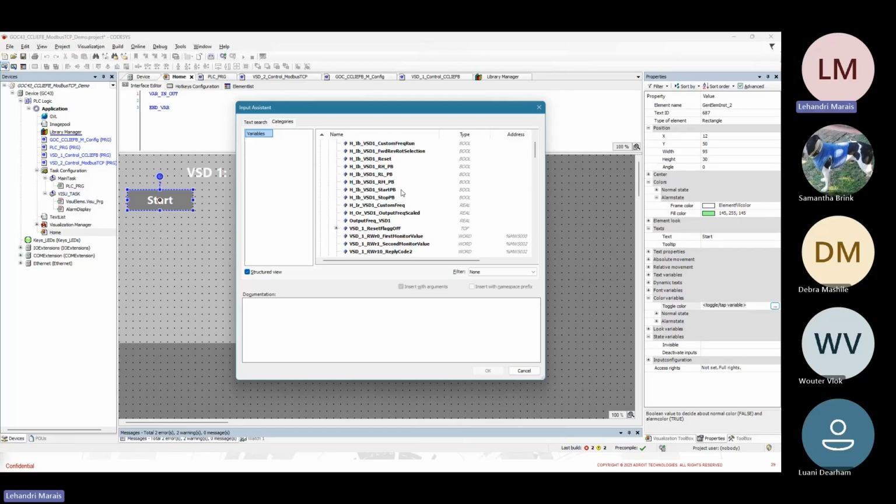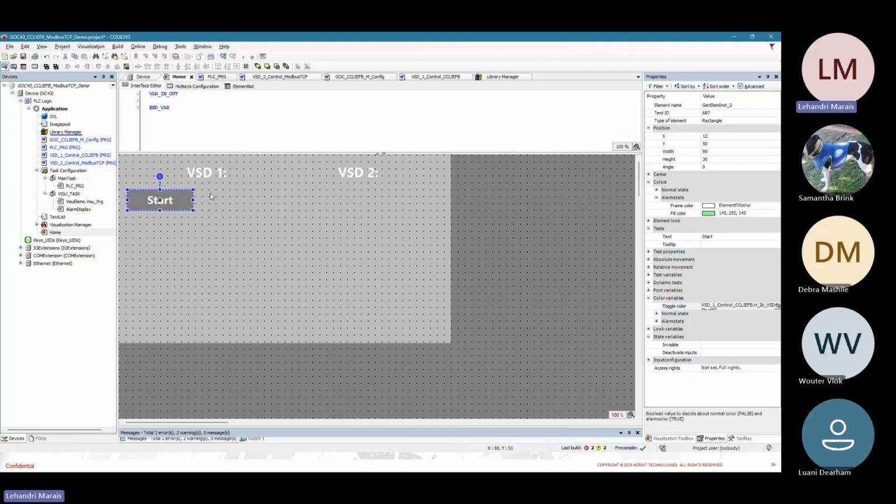I'll be looking at my start push button variable. So this will be the same variable that is toggled when this is pressed,